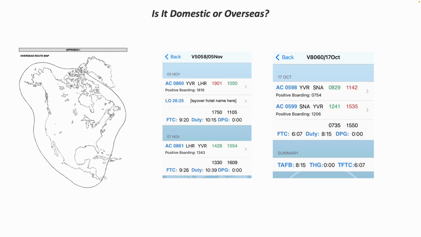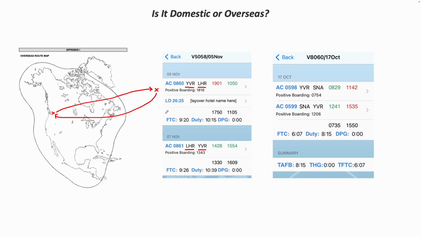Let's look at a couple more. We have Vancouver to London on day 1, and then London back to Vancouver on the final day. It's going from Vancouver after laying over in London, coming back to Vancouver. London is quite clearly outside of the boundary line, so